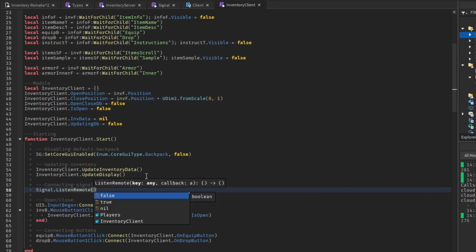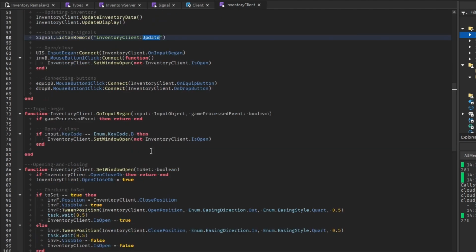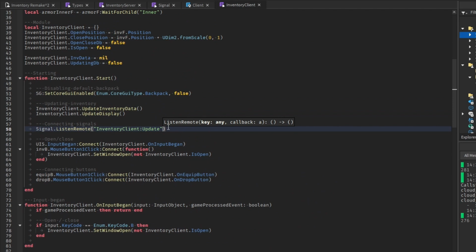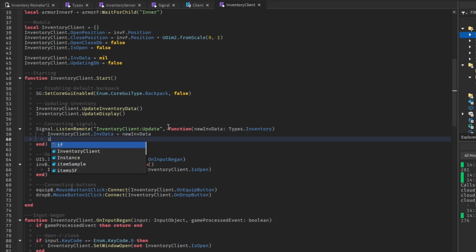Signal.listen remote. So we're going to listen to a fire from the server, for when we need to update the display if there's a new item or anything, right? We're going to set the key as inventory client update. The reason I'm calling it update rather than update display is because we also want to update the inventory data as well. We're going to do that all in one little function that we create here. So function new data types.inventory, and then we're going to do inventory client.inData equals new data,